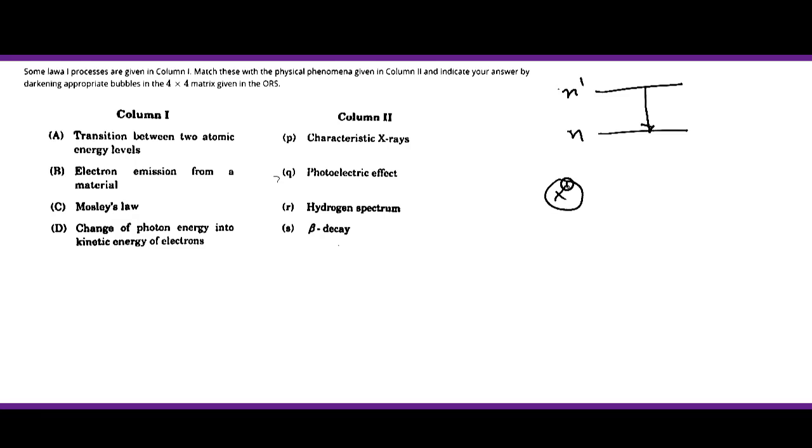कैरेक्टरिस्टिक एक्सरेज की अगर बात करें तो क्या होती है, ये इलेक्ट्रॉनिक ट्रांजिशन की वजह से ही प्रोड्यूस होती है। क्योंकि एक्सरे दो तरह की होती है, कॉन्टिन्यूस एक्सरे होती है जो कि न्यूक्लियस के साथ इंटरेक्शन की वजह से प्रोड्यूस होती है, और कैरेक्टरिस्टिक जो होती है एटॉमिक ट्रांजिशन की वजह से होती है, ठीक है। तो यहाँ पर ट्रांजिशन हो रहा है तो पॉसिबल है कि कैरेक्टरिस्टिक एक्सरे एमिट हो। अब वो डिपेंड करता है कि कौन से लेवल से हो रहा है, ठीक है। लेकिन यहाँ पर अगर इलेक्ट्रॉनिक ट्रांजिशन की बात कर रहा है, जनरल स्टेटमेंट की बात कर रहा है, तो कैरेक्टरिस्टिक एक्सरे यहाँ पर प्रोड्यूस हो सकती है। तो यहाँ पर P के साथ ये मैचिंग हो सकता है।